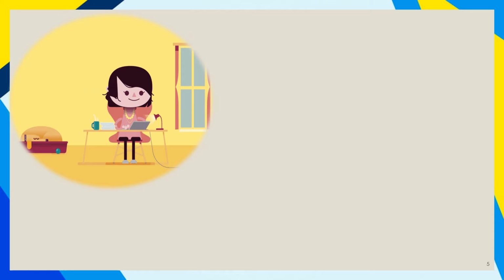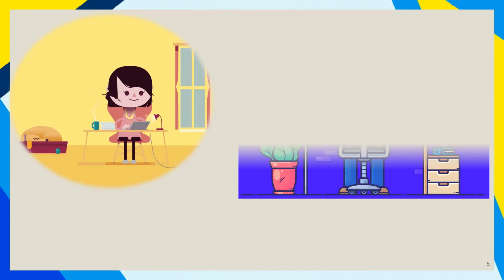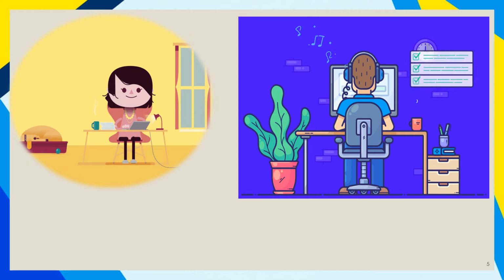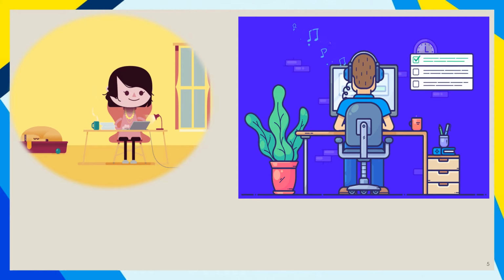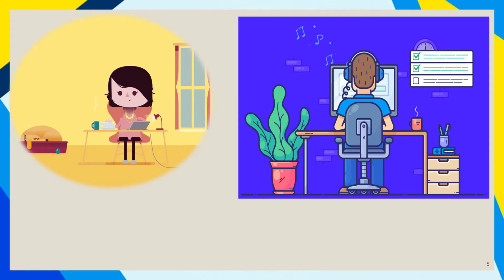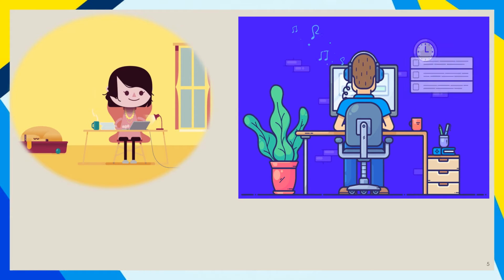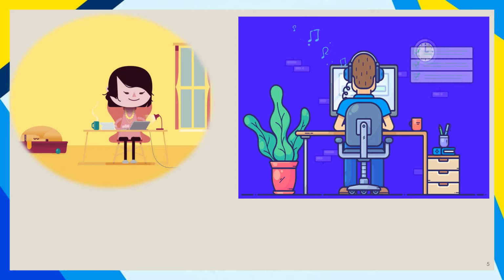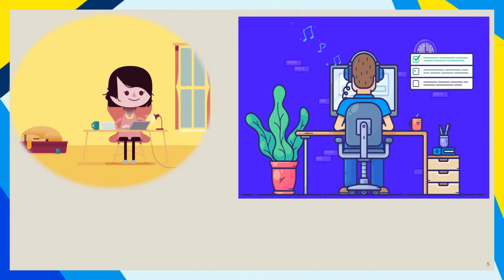So in the previous slide we have seen that some kind of work is not physically done. Like here in this image, this girl is typing, sitting in one place and learning. The boy is also learning or doing some work. He's not doing any physical activities, but he is using his mind in order to study or do certain work. Like right now, you all are also sitting in front of the screen and you all are watching me, but you all are not actually doing physically any work, but your mind is working, right? Because you're processing what I'm talking and you're thinking about it.